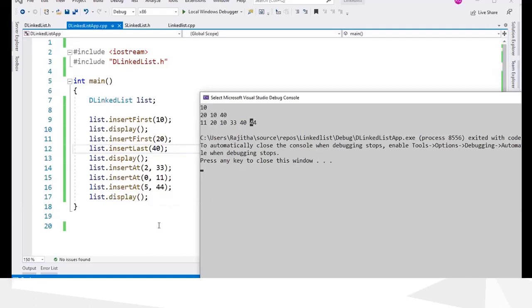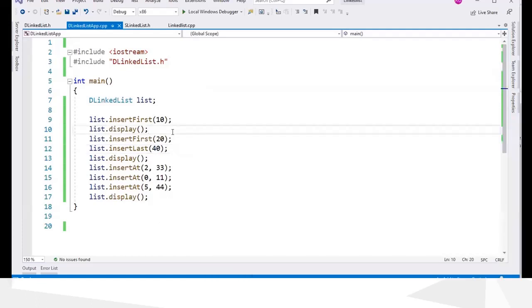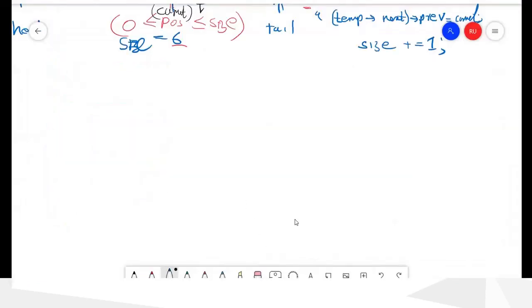Okay, so now we have written all 3 inserting functions, and now we can use this to insert a node at any place. We will discuss deleting a node from the doubly linked list.